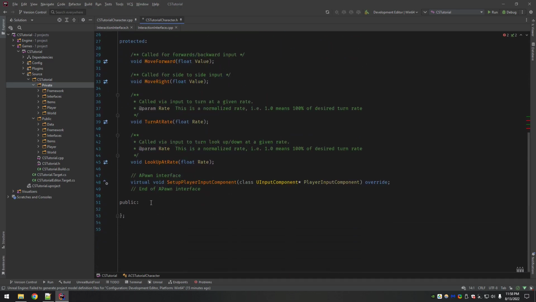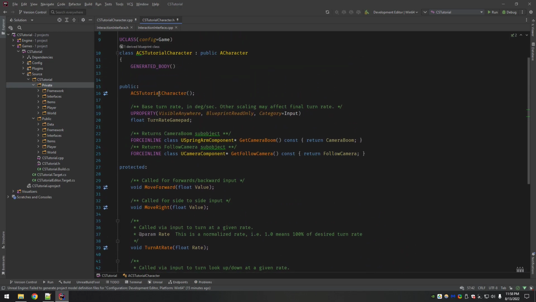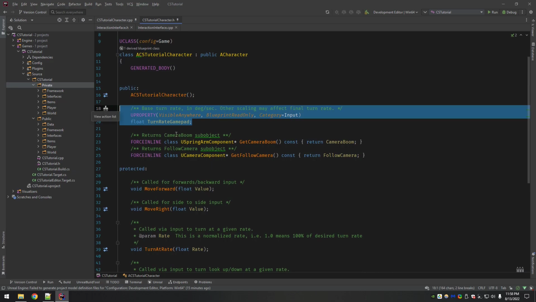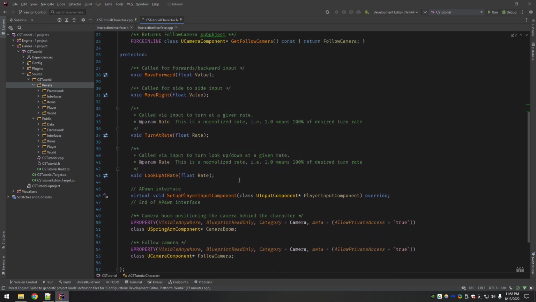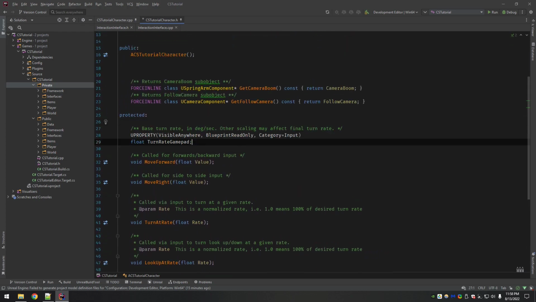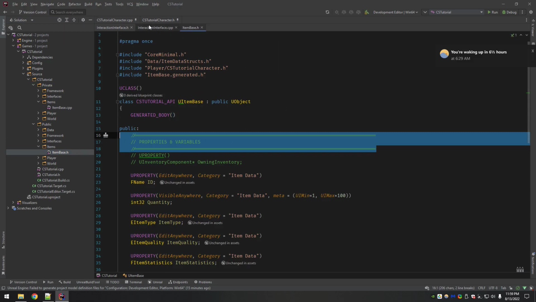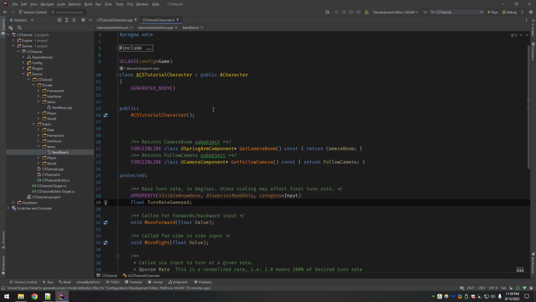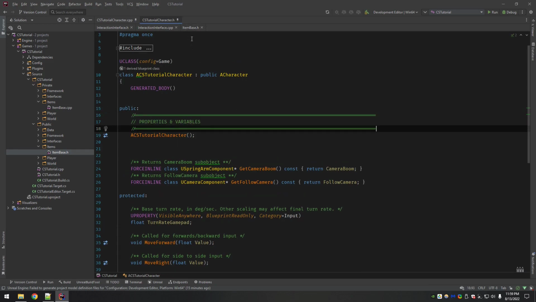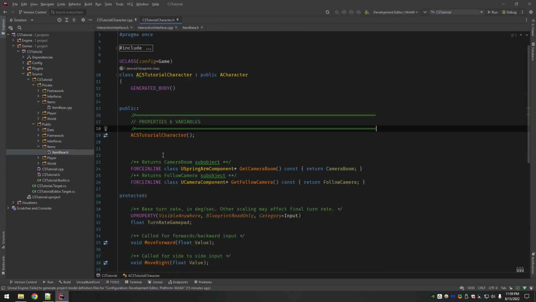These guys, the actual variables themselves, can go back down to protected. These are just the getters for those. Turn rate doesn't really need to be public. Let's see. I'm going to fix all this up. Let me go find the item class because that's where I have these. You saw in the previous video, I really like to do this because it just cleans everything up so nicely and keeps it easily readable, other than having this giant massive list of just stuff that blends in together.